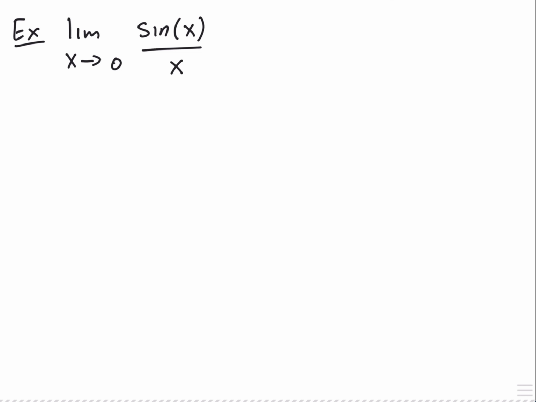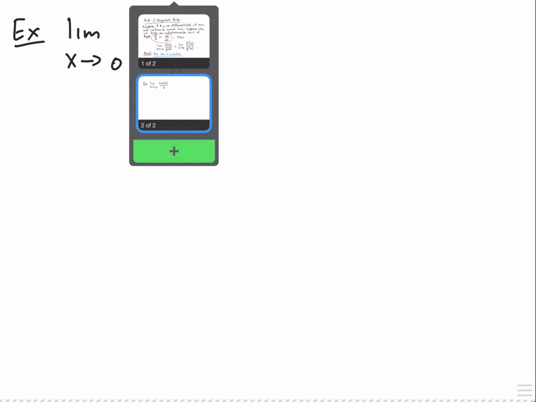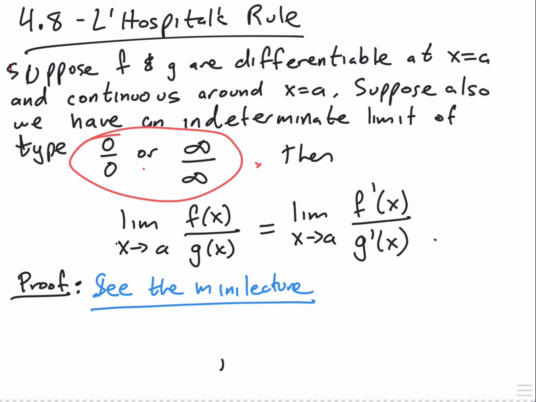So always very important. Before you do L'Hopital's rule, what did we say? It must be indeterminate, 0 over 0, or infinity over infinity, right? So if we go back here, let's put a star here. If indeterminate